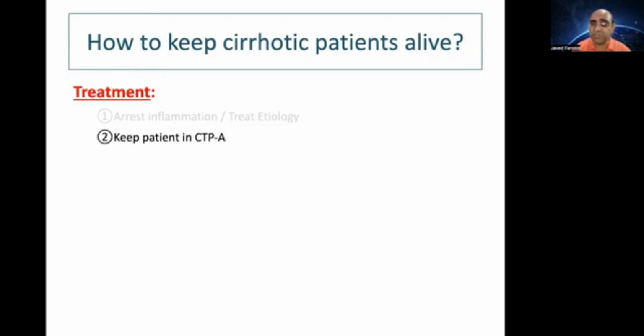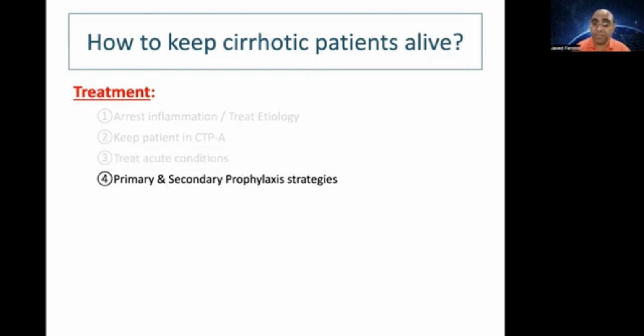And then how will you keep this patient in child class A? By taking care of good nutrition and taking care of the ascites and encephalopathy, the bilirubin and PTINR, and your patients will be in child class A, because if a patient is in child class A, it's a very good prognosis and very less morbidity. The third aspect is treat acute conditions. If a patient is presented to you with acute hepatic encephalopathy, acute variceal bleed, or ascites, or acute infections, then treat these conditions. The fourth component, that each and every patient deserves the primary and secondary prophylactic strategies,